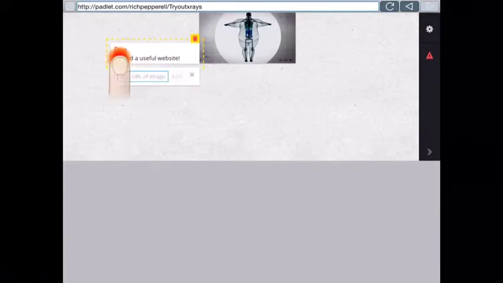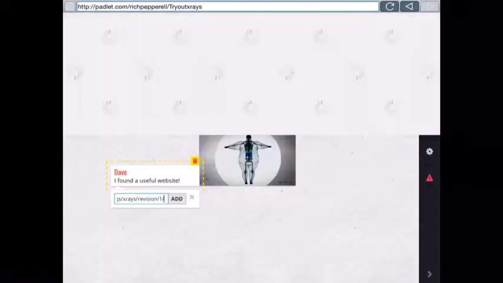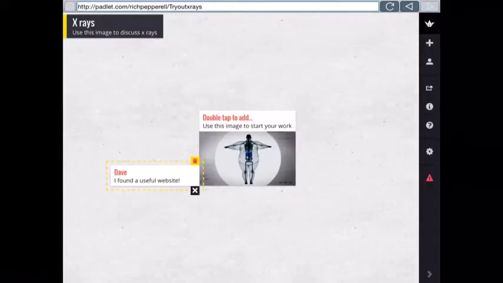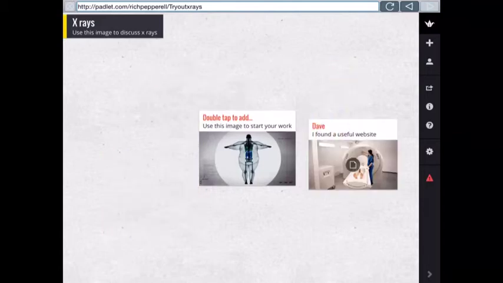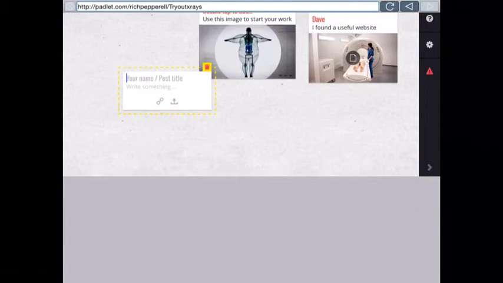He can just paste in a URL I've already got copied, add that, and that is going to straight away add the link on there. If we can see, it's given an image from the website just to indicate it's there, and I'm just going to move that about so I've got it in a nice position on the page. The kids could do this, or you could do this. Another kid's coming in here. Okay, so we got another user,